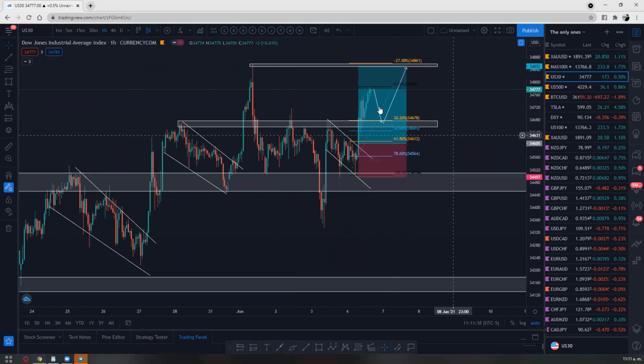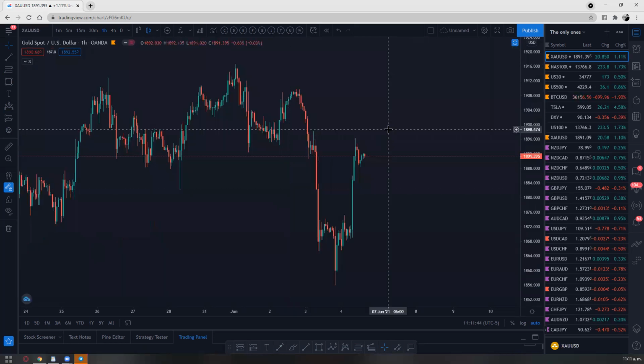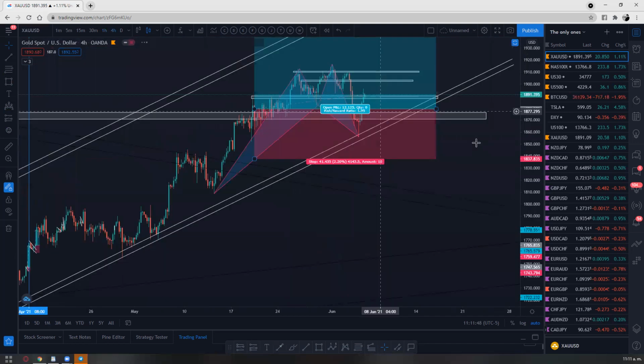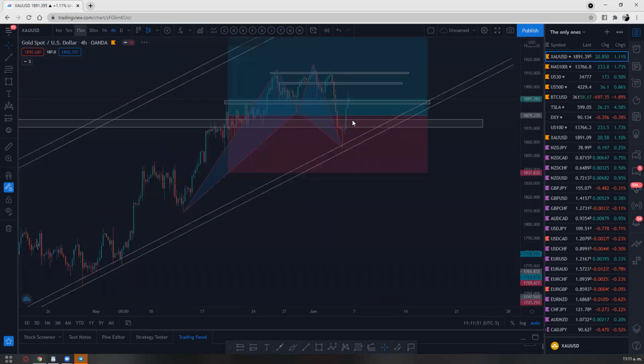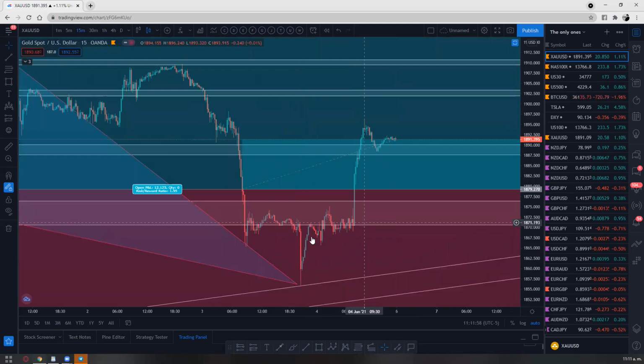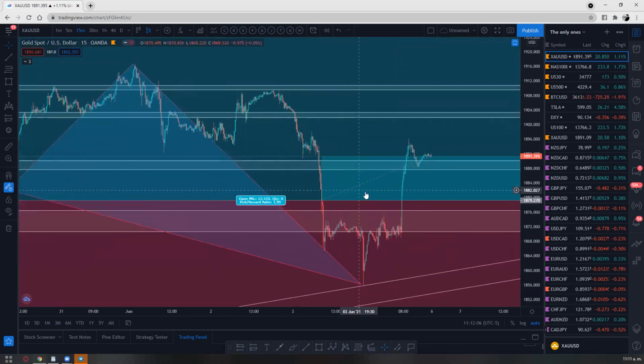So anyways, this is what I expect for the US30. For gold, based on my analysis, I think the price will keep pushing up now. Okay, beautiful thing here. If I go on a 15-minute, you can see this nice, again, it repeated the head and shoulder. It happens a lot on gold, like I mentioned. Beautiful. Don't mind these triangles that I have here. It's something I mentioned that I'm testing.